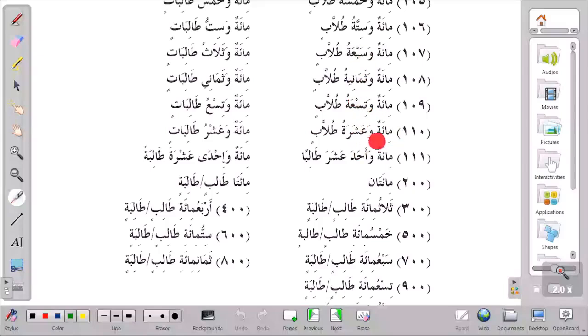Look at this pattern, it's still following that pattern. Mi'atun sab'atun samaniyatun tis'atun asharatu. You see here, and then tullabin. It's still the same pattern that it is following. But if I was to use my method that I said is easier, we will just say mi'atu talibin wa asharatun. Okay, now let's look at